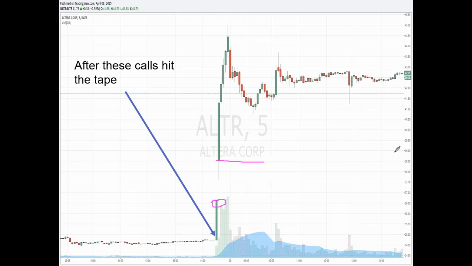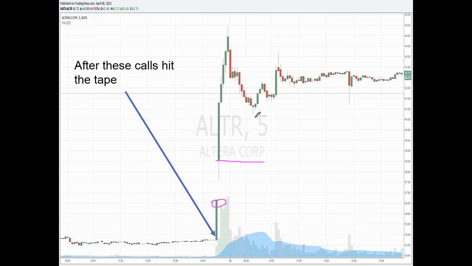It was announced that Intel was going to be buying this company. I think that deal has since fallen through. It doesn't really matter. But this is a really good example of unusual options activity telegraphing a move in a stock like this, okay? And this was a report that came out last year, Andrew Ross Sorkin, who's a relatively respected financial journalist,